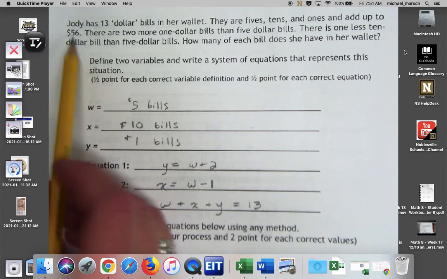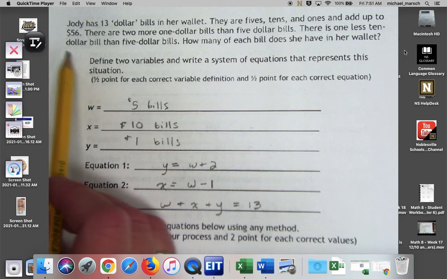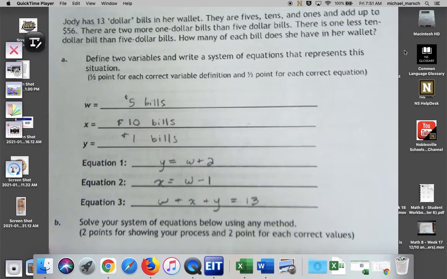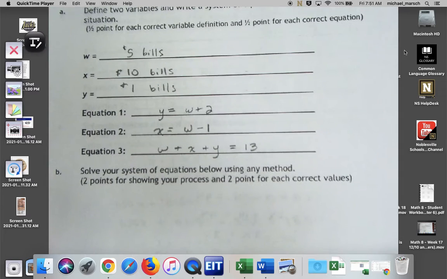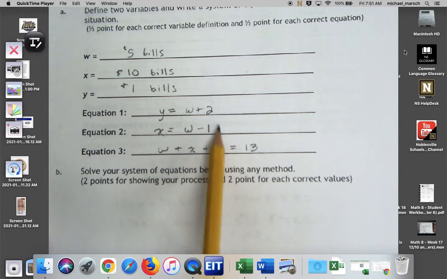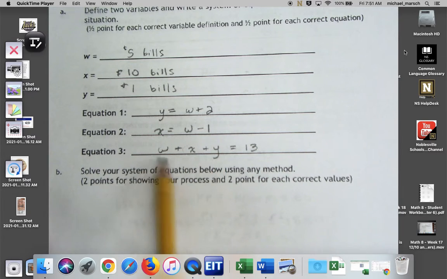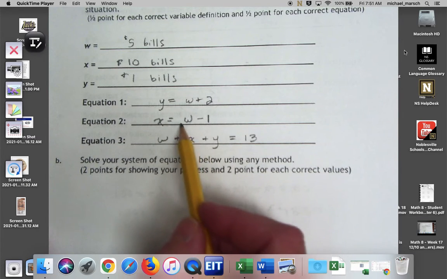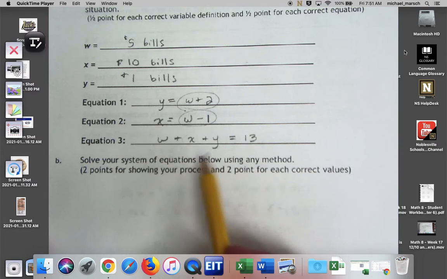So this number 56 up here might have been a little distracting. That's just to check your work. Once you have your answers and you know how many of each bill you have, make sure that the total of those dollars does equal 56. The nice thing is I can do substitution here, because if you look, I have the value of Y, I have the value of X. I can put those into this third equation and solve for W and then work my way around to find X and Y. So I'm going to take this expression and this expression, and I'm going to put them